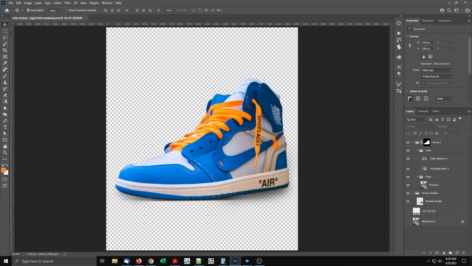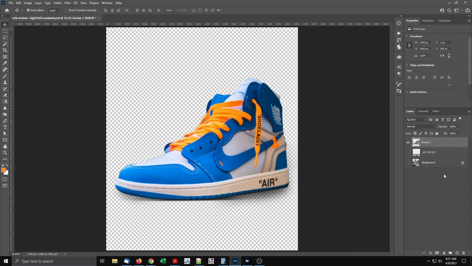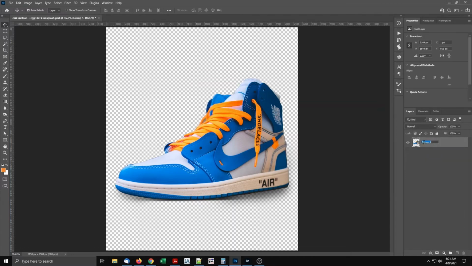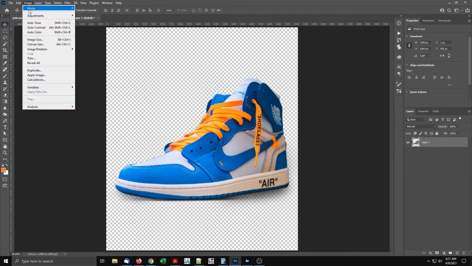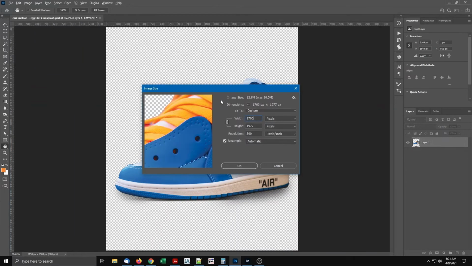First, I'll show the normal steps, without the script. Don't worry about following this. That's not the point. The point is to show the steps to get there. Merge the visible layers. Delete the hidden layers. Now we have a single layer. Rename it to Layer 1. Convert to CMYK. Change the image size to 1700 pixels wide.